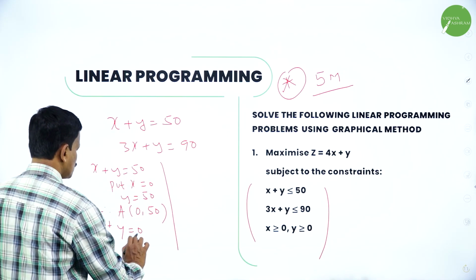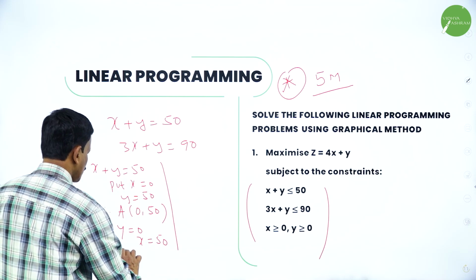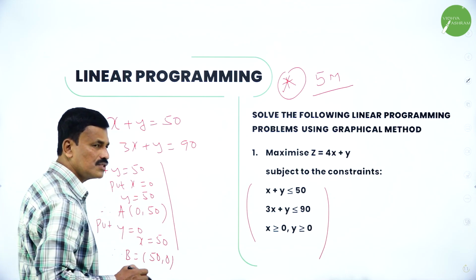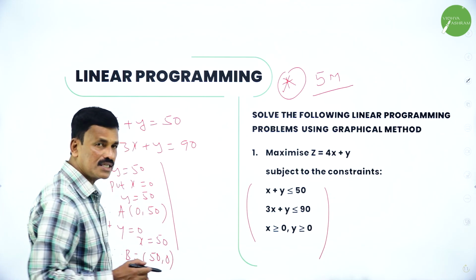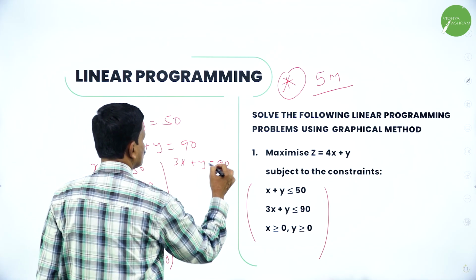If you put y is equal to 0, you will get x is equal to 0 plus 50, which is 50. So, therefore, another point B is x is 50, y is 0. X comma y are the coordinates. Similarly, for the second equation 3x plus y is equal to 90,